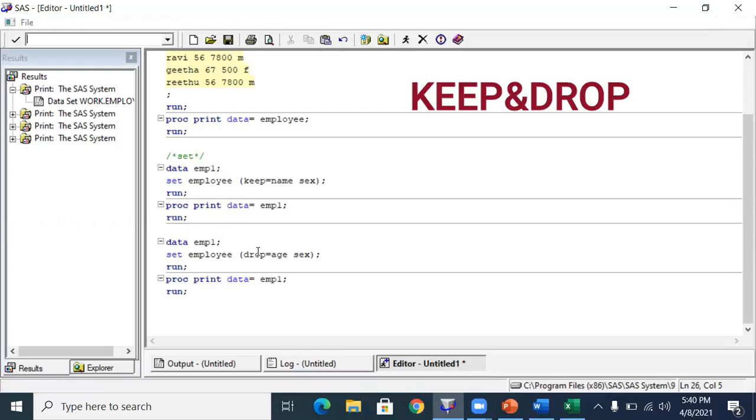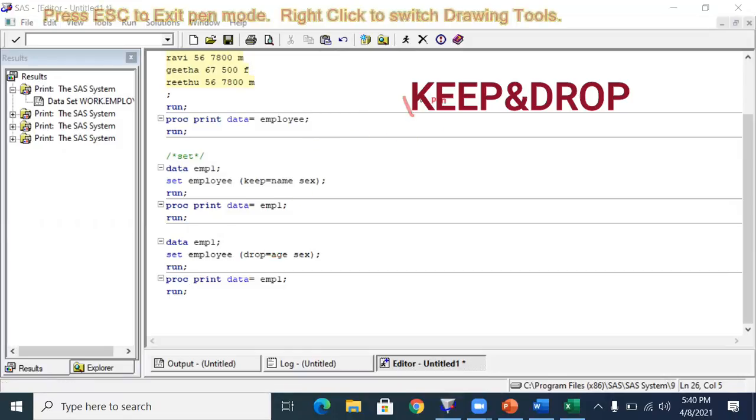For example, if I have 100 variables and I need to work with 95 of them, in that case you can use the drop option, because you need to drop only 5 variables, so it will keep the other 95.